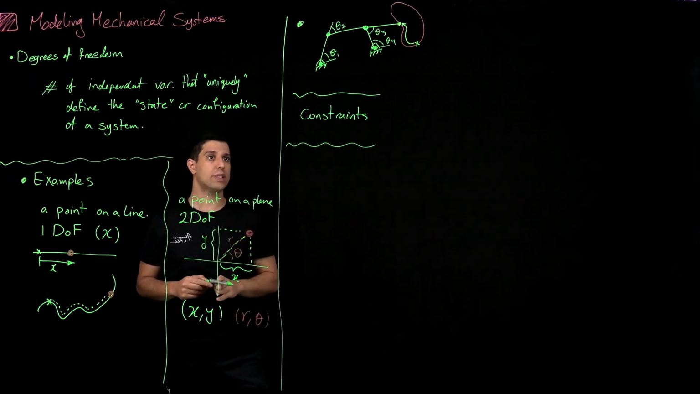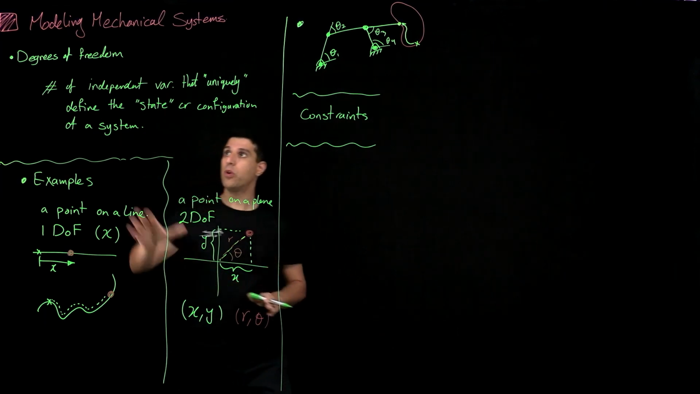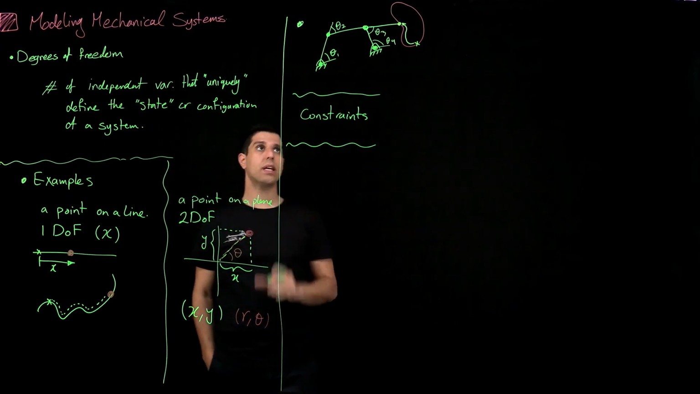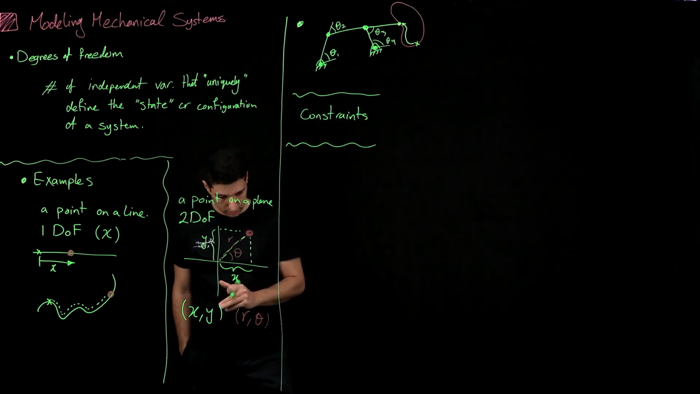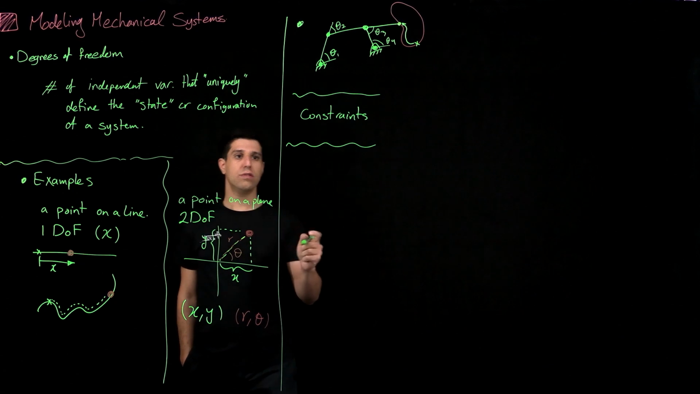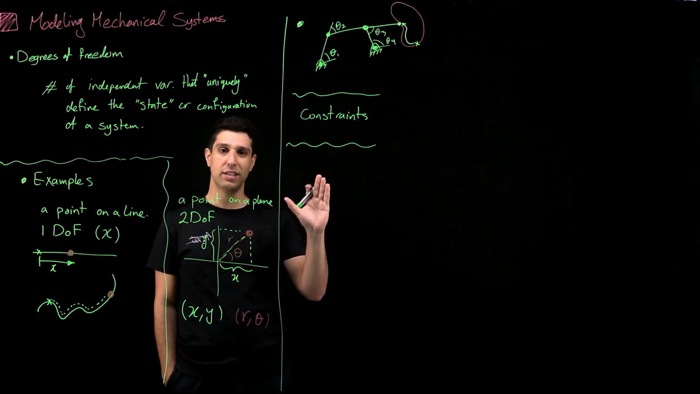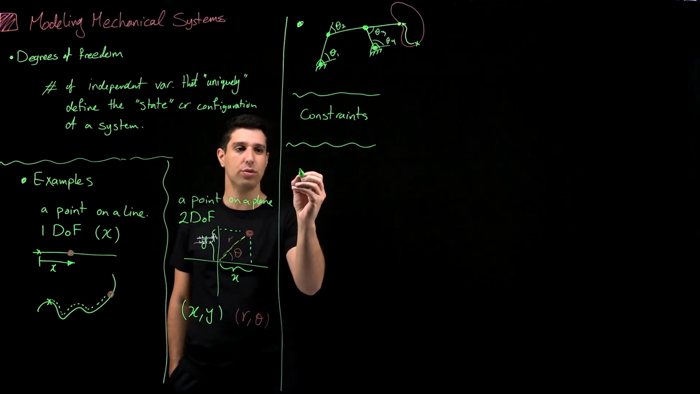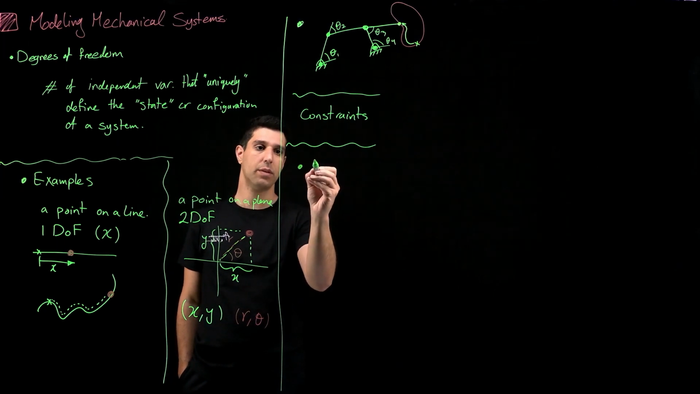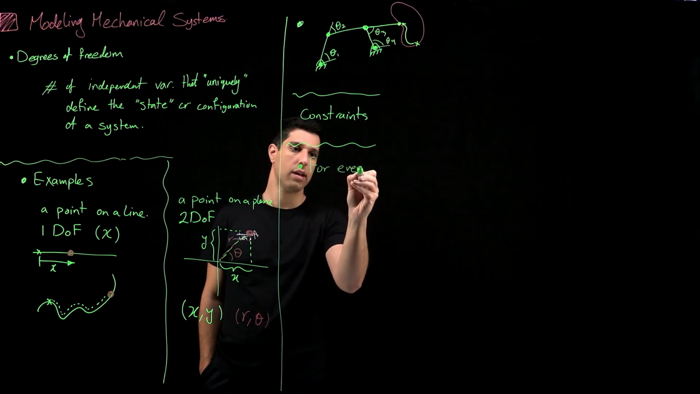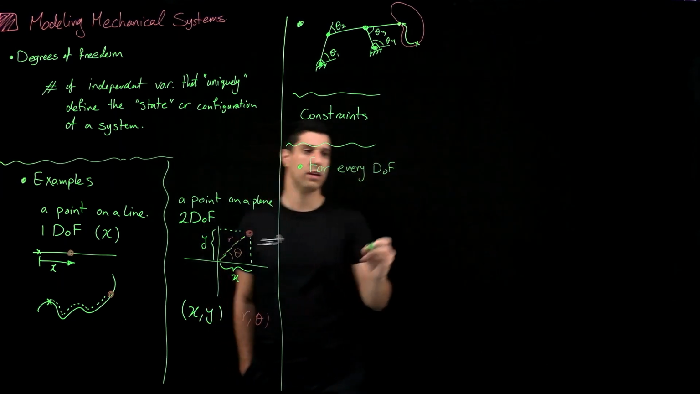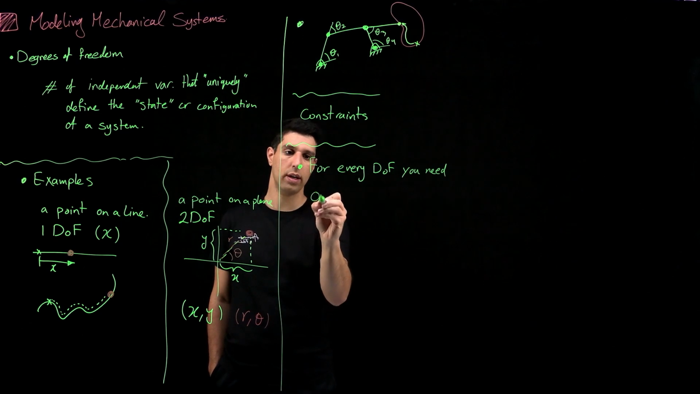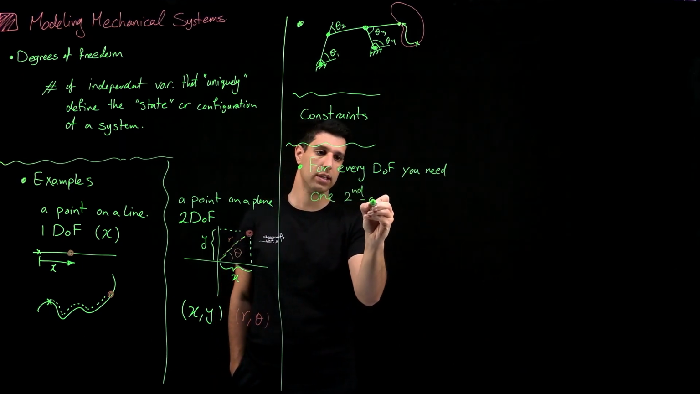Before I show you a few more examples, I just want to bridge this concept of degree of freedom back to modeling and why it is important. In mechanical systems, it is almost universally true. In reality, it is absolutely true. And in approximations, usually true too, that for every degree of freedom, you need one second order